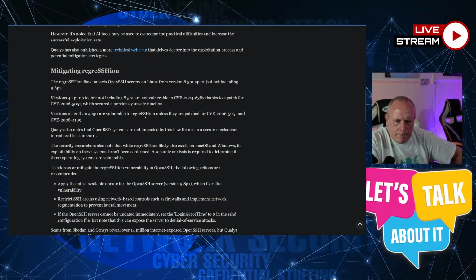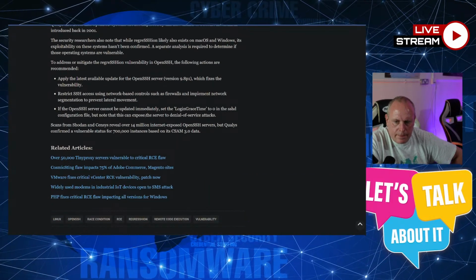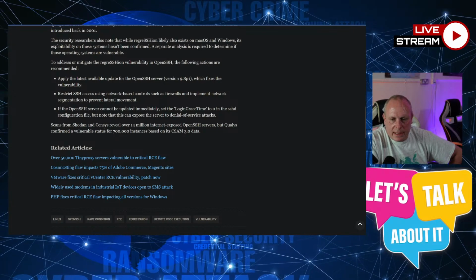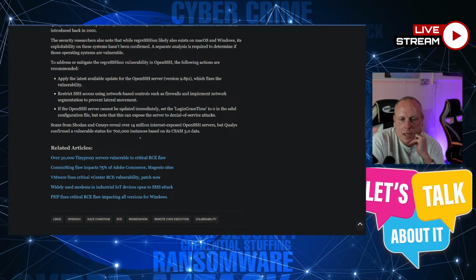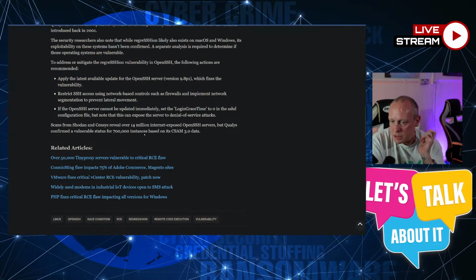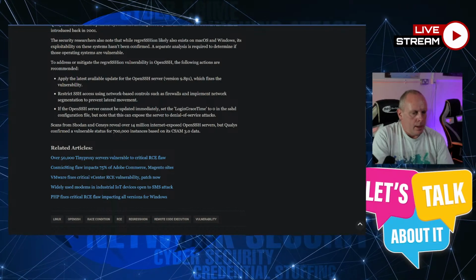I can't see the CVE score on this. Where is it? Scans from Shodan and Censys reveal over 14 million internet-exposed OpenSSH servers, but confirmed a vulnerable status for 700,000 instances. Let's dive into this a little bit.